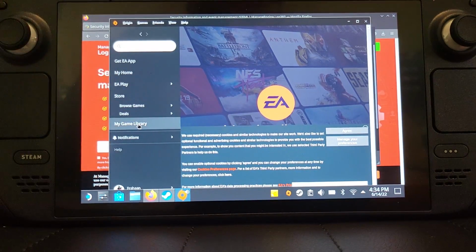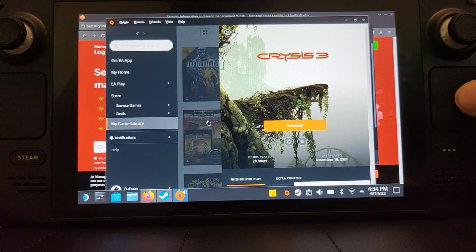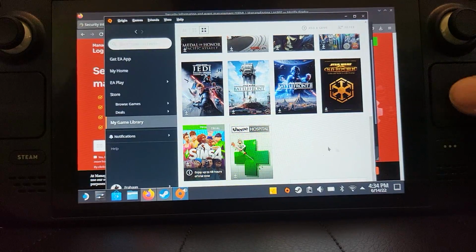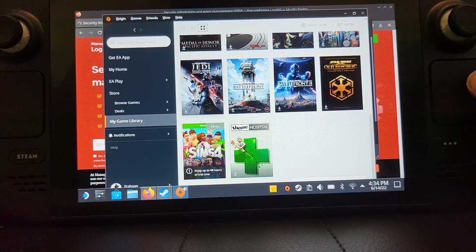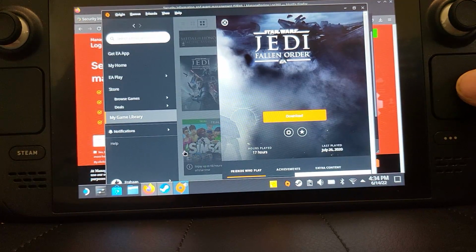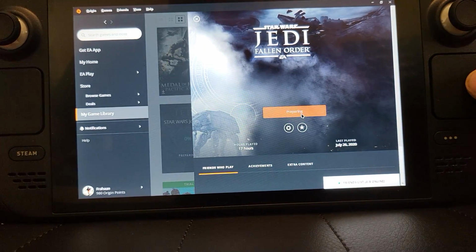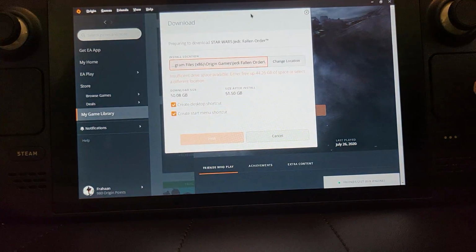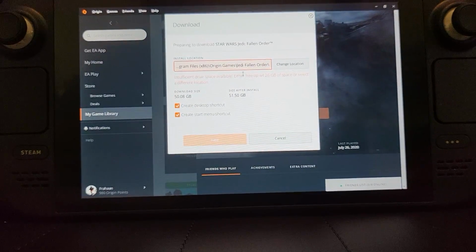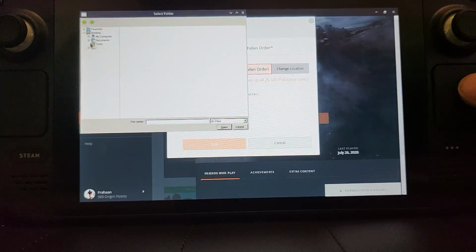So to do that, you just go to my library. I've already got a game installed, so it makes things easier for me to show you. But if you go to, I have Jedi. I did already have this installed. It should still be installed. We'll have a look momentarily. You just click download. And if it says something about insufficient disk space, but you've got enough disk space, click change location and just go to